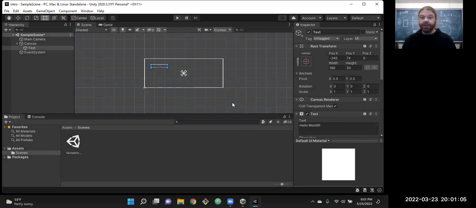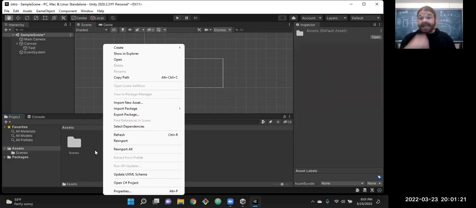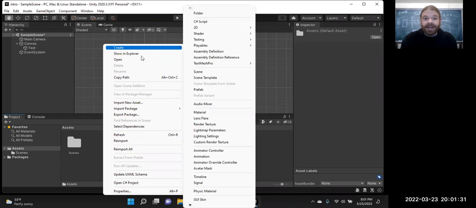So first thing we want to do is study C# syntax, so we know what to do when we write our games. So we need a script to do this. So I'm going to come down here in the assets folder, and organization goes a long way, because the assets we need for a game, they're going to add up very, very quickly. For right now, I'm just going to put the script here at the top level, because that's going to be the only thing we have tonight.